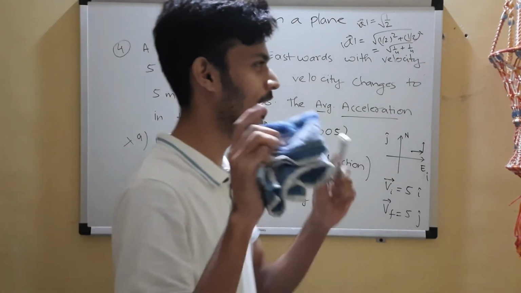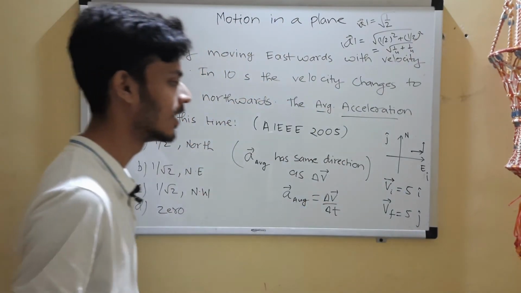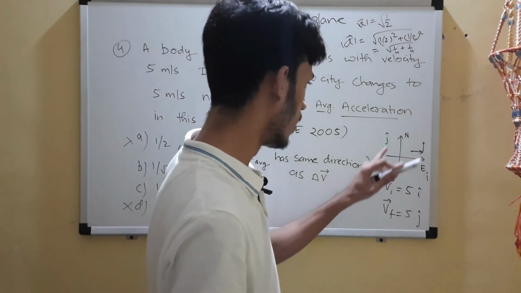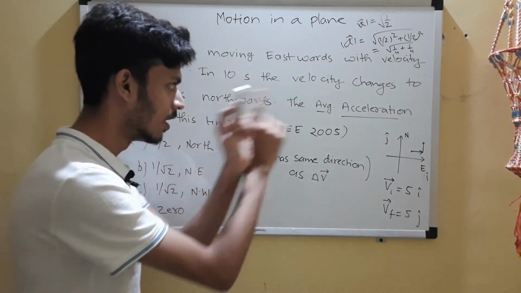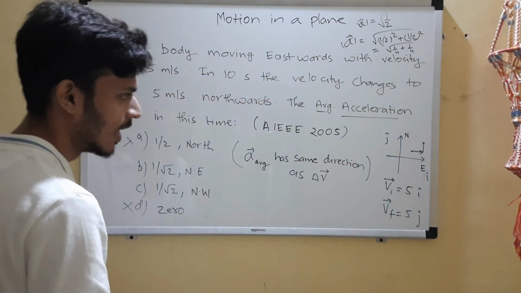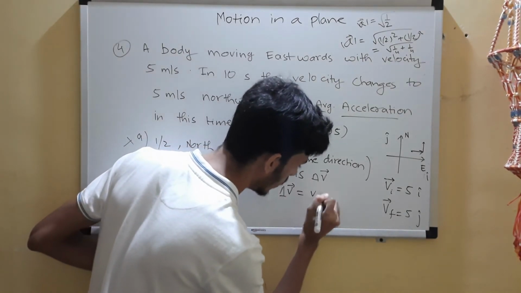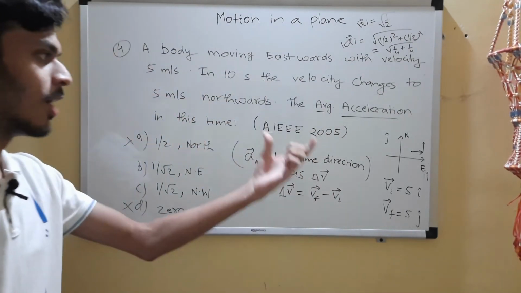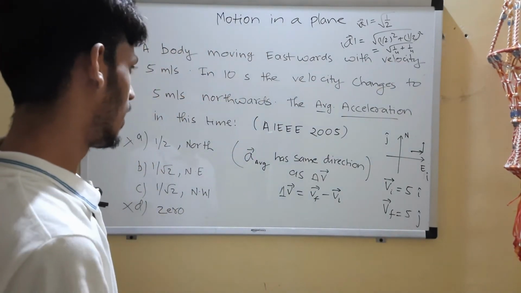That is a very good concept, okay, very good concept. It is also mentioned in NCERT. So we just have to check for the direction of delta V. That will give us the direction of acceleration and we are done, right? So how to find the direction of delta V? Delta V we know as V final minus V initial, right? Now you have to use the logic of triangle and